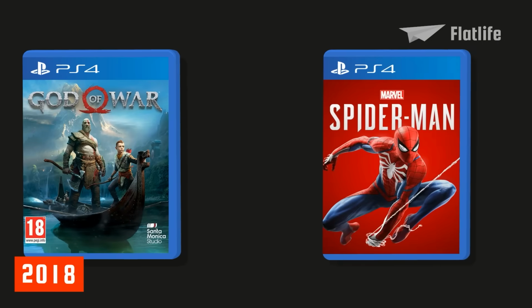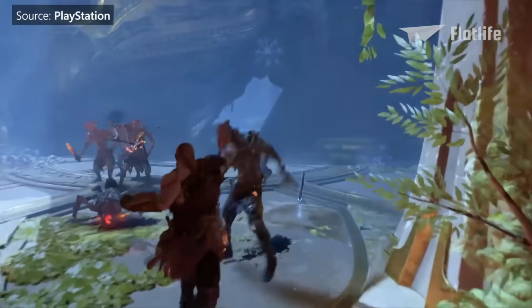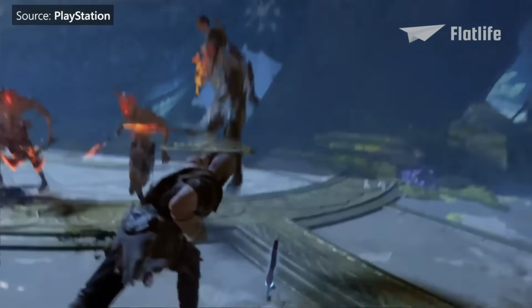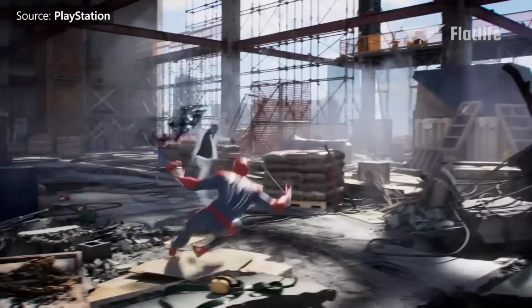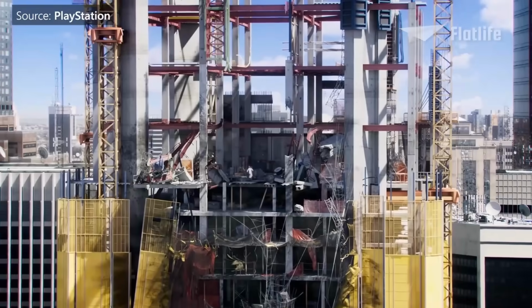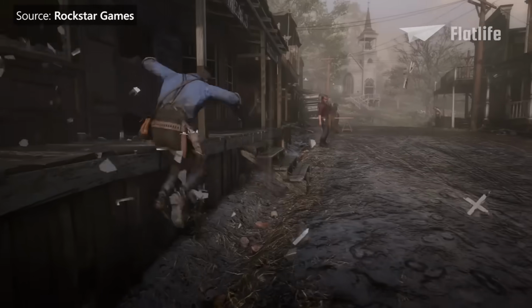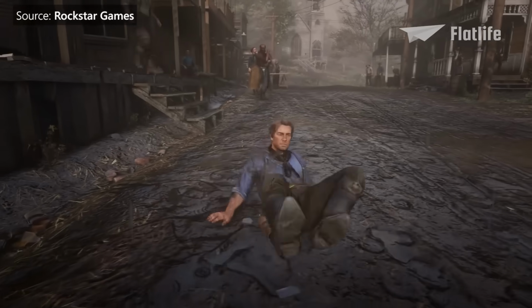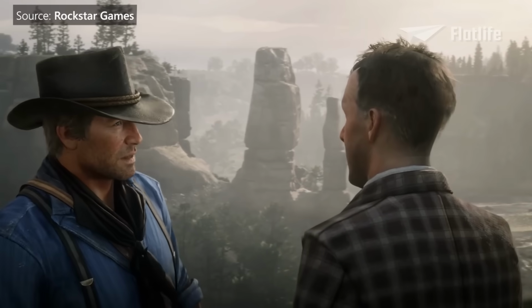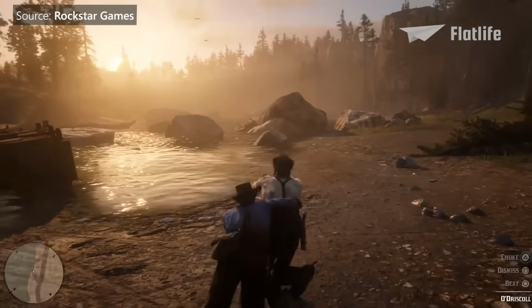In 2018, multiple games were released that set a new benchmark for video game graphics. First, there was God of War. The franchise stepped it up by developing a gorgeous action-adventure game. Only a few months later, Marvel's Spider-Man was launched, allowing Spider-Man to swing through beautiful New York City. And there was, of course, Red Dead Redemption 2, which not only has phenomenal visuals, but also has many mind-blowing little details, such as Arthur's facial hair, which grows in real time.